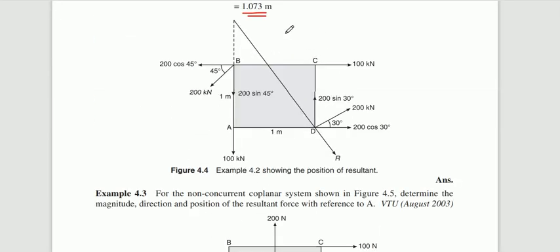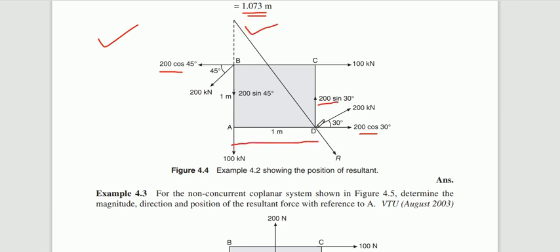After that you have to draw the diagram like this, showing where the resultant lies. This is what the given problem is: different horizontal components and resolved forces are given here, right? So now you have to mention the resultant. You can observe this is the resultant they have drawn, and the x-intercept is 1 meter, from 1 meter the resultant is passing, and the y-intercept is 1.037, so therefore they have extended up to here. At this distance from point A, along the x and y-intercepts, our resultant is passing.